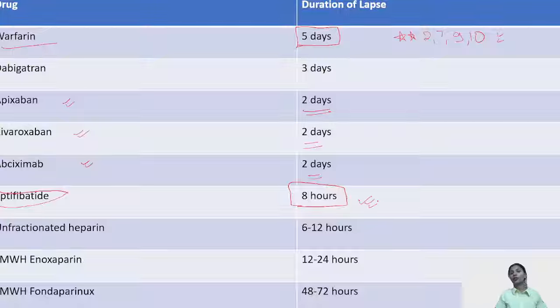So very helpful in those cases where the risk of stent thrombosis is very high, and in such patients the risk of hemorrhage is also very high. So in such cases, eptifibatide can be used and can be stopped only 8 hours prior to surgery. And then dealing with the heparins. We have two types of heparin. Unfractionated heparin, if being given in prophylactic doses, has to be stopped 6 hours prior to surgery. If therapeutic dose is being given, it has to be stopped 12 hours prior to surgery.